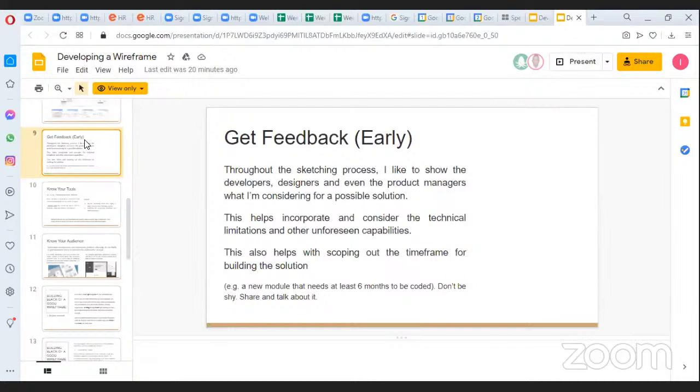What I'm considering for a possible solution is to incorporate and consider the technical limitations and other unforeseen circumstances. Now, imagine you are designing a wireframe and you are not getting feedback from the management and you keep continuing. When you keep continuing, you might actually have to go back. So the best advice